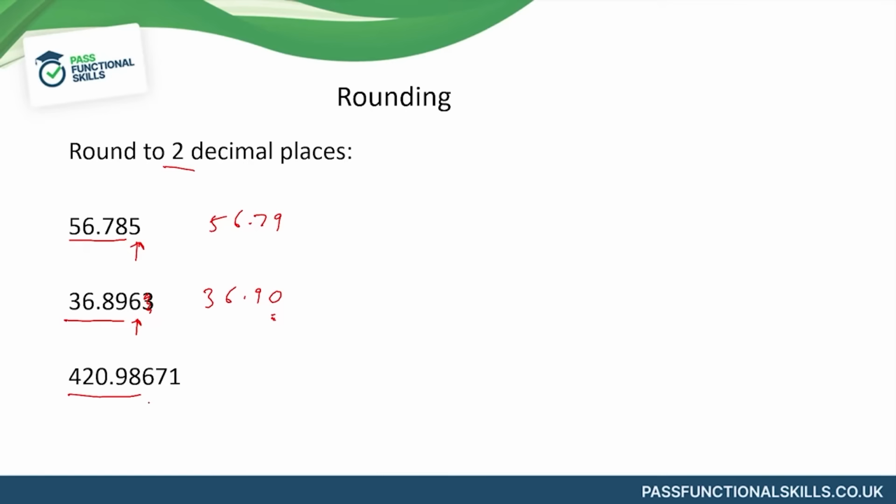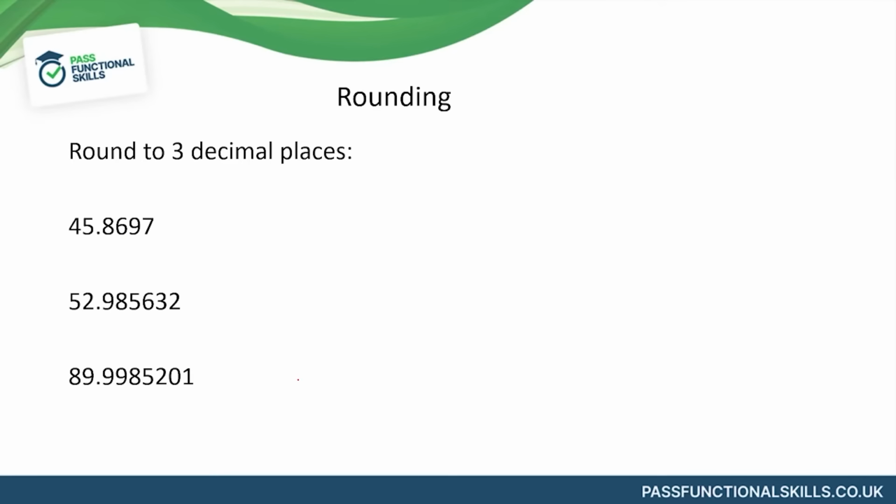Let's take a look at this final example. We've got a 6 occupying the third decimal place. Everything beyond that we can ignore. 6 is greater than 5, so the 8 will move up 1 to 9, so 420.99. Three decimal places means we're interested in the value of the fourth decimal place, and again it's the same